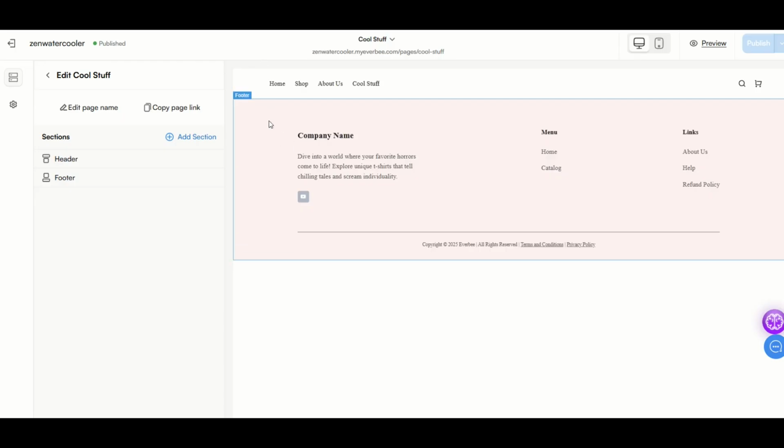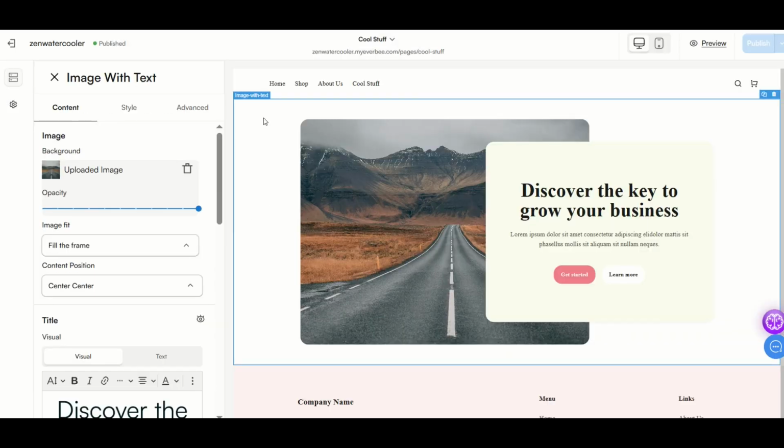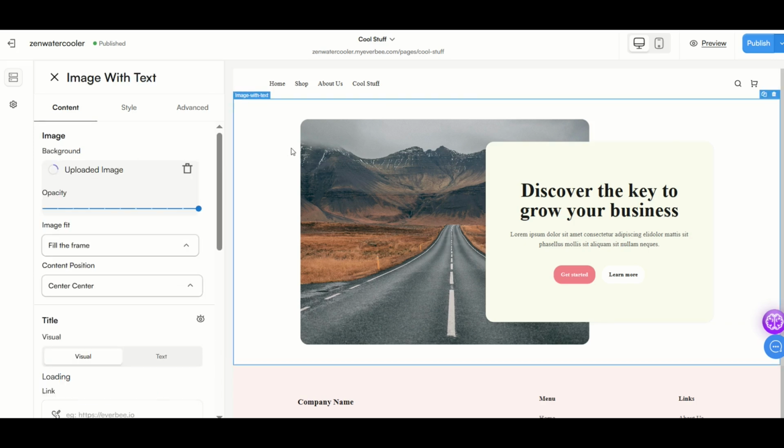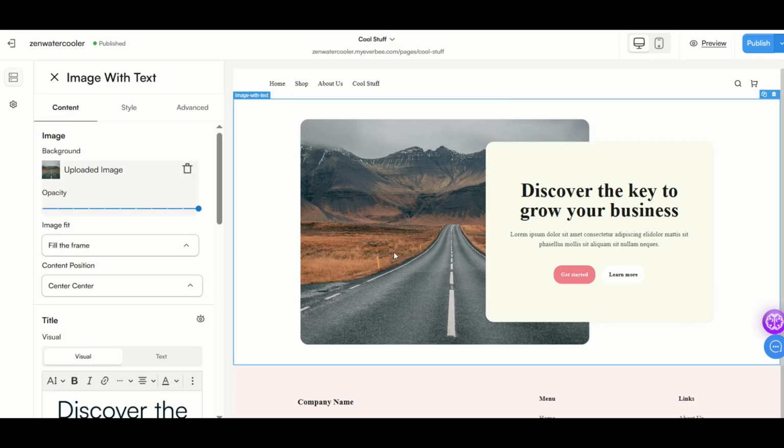You have a header and you have a footer. Let's add another section. I'll add a section, in this case, image with text. I'll click that and you'll see now we have another little template that pops up, image with text. So when I click the header section, I can update the header. If I click image with text, I can update that section. And if I click on footer, you'll see that the menu on the left changes to footer. So you can add as many sections as you like